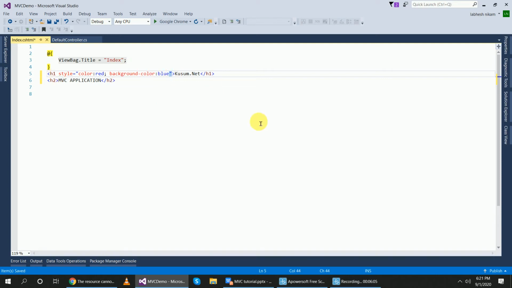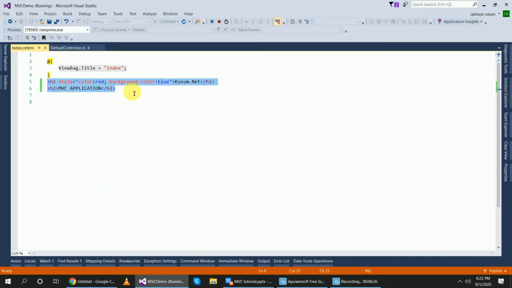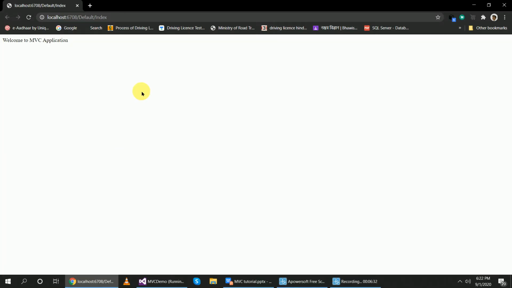Okay, now after creating this view page, I will run the program once again. You can see here I have got the response string, welcome to MVC application, and this is the URL.